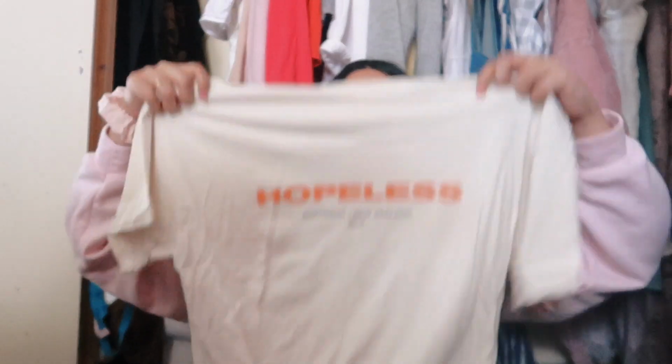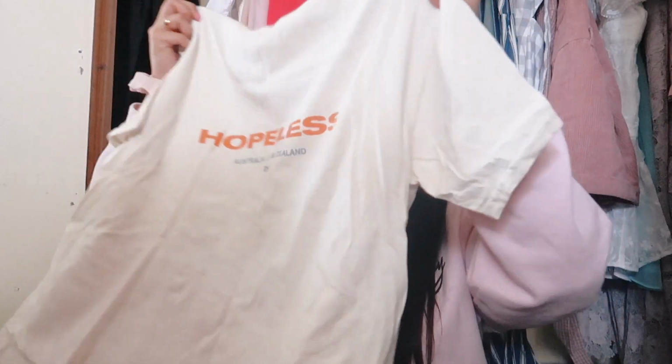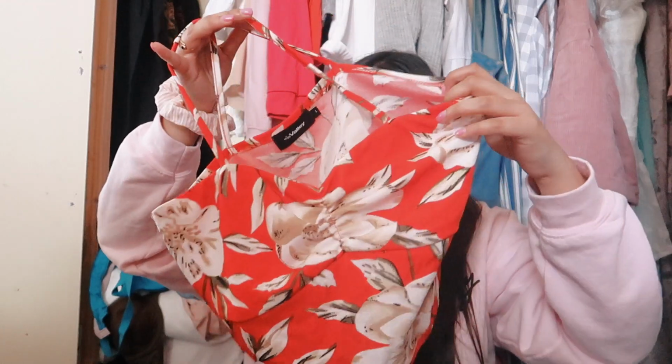My Halsey tour t-shirt that I got for her Hopeless Fountain Kingdom tour. Oh my gosh, I was looking everywhere for this as well. Oh, this is cute. Oh, look how tiny this is. Cute, but I don't think I'll ever wear it, so